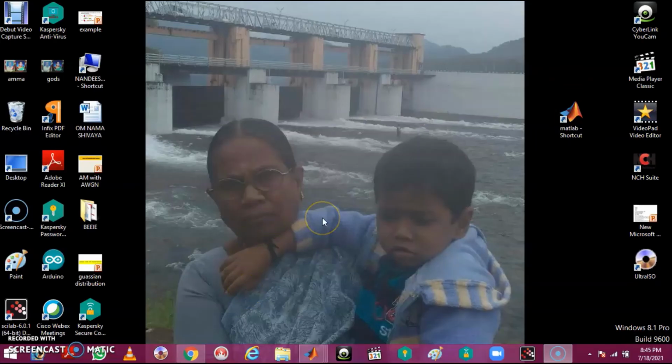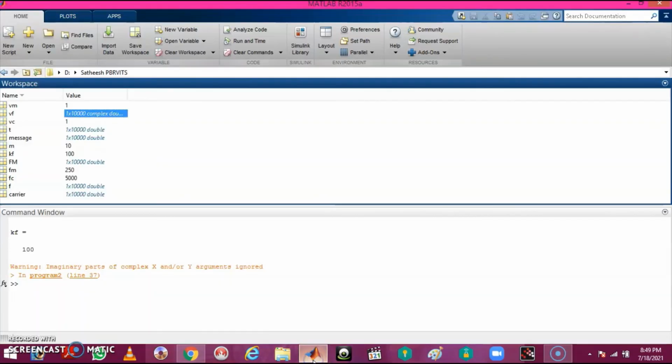Students, next we are going to see the generation of PAM and PWM and its spectrum. So first, after switching on your PC, you have to click this MATLAB icon, so MATLAB will be opened. After opening the MATLAB, we have to open an editor window.